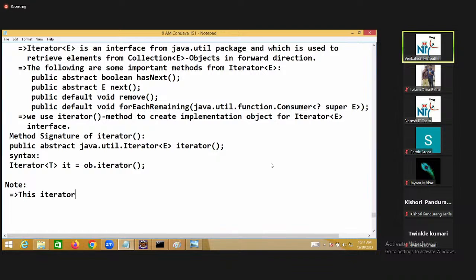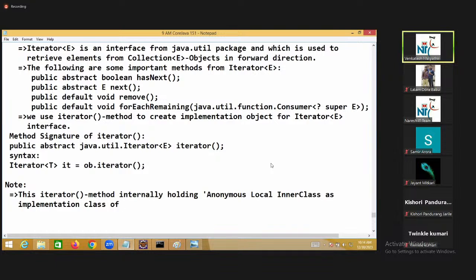This iterator method internally holding anonymous local inner class as implementation class of iterator interface, and which generate